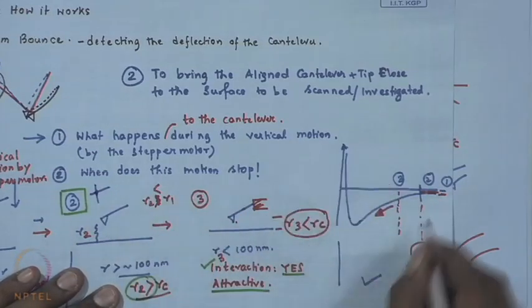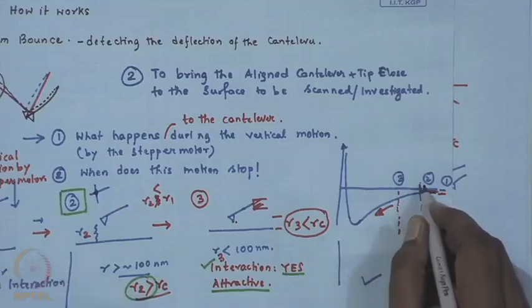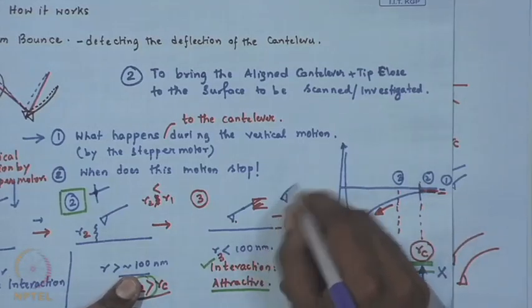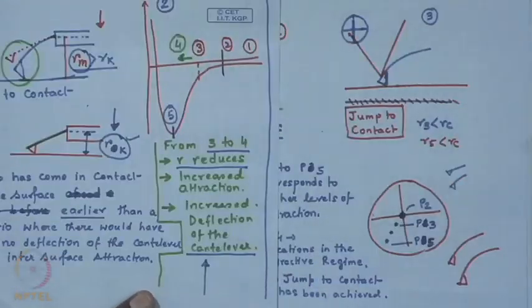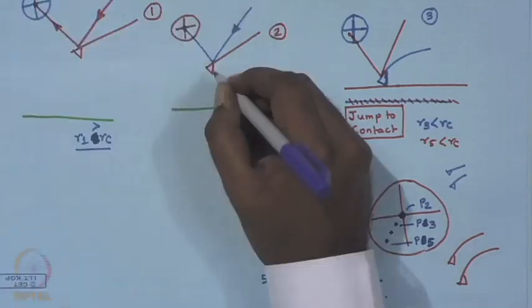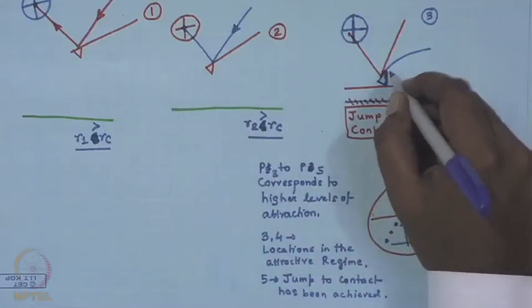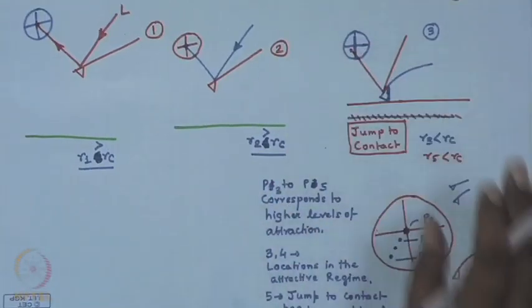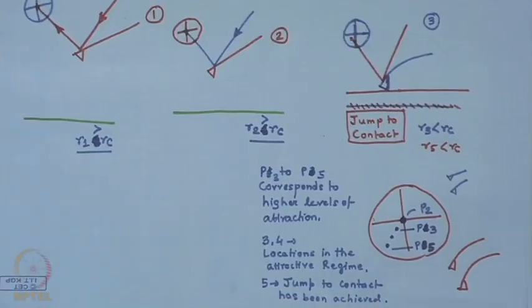Now, you come to a separation distance which is closer than Rc. So, consequently, your cantilever now experiences an attraction. The moment it starts experiencing an attraction, the laser spot also shifts its position from the center or its aligned location, and then